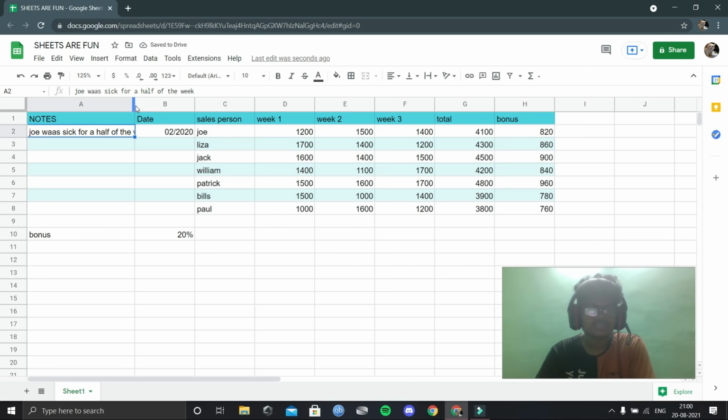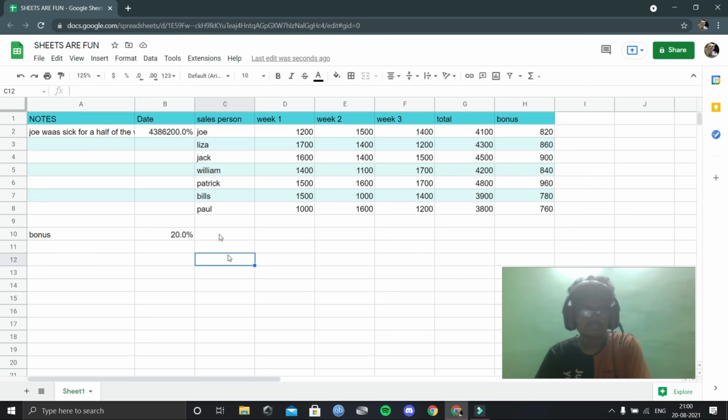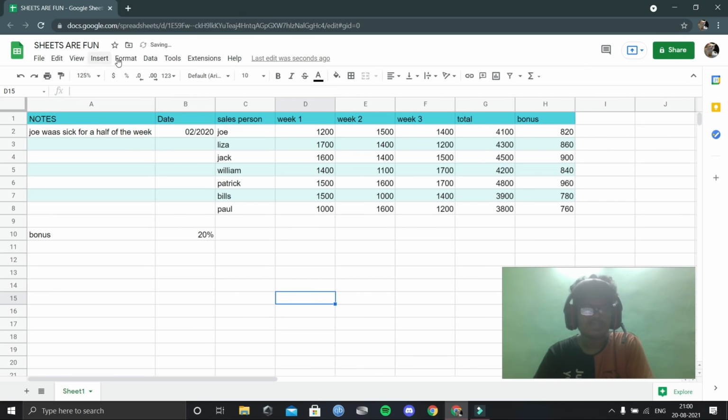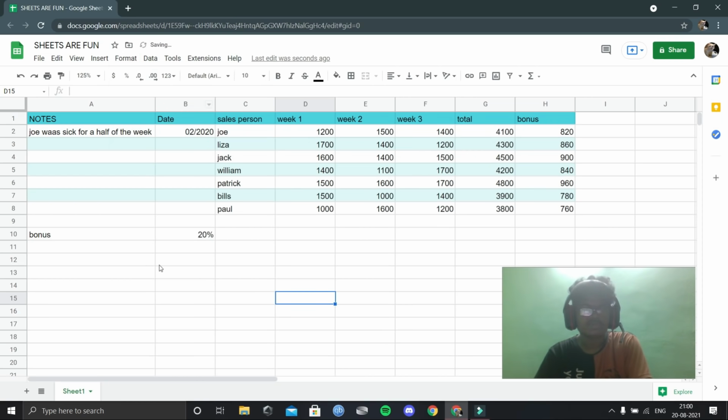This clip option is more similar to the overflow option. And then for the purpose I'll wrap it like this, which is quite